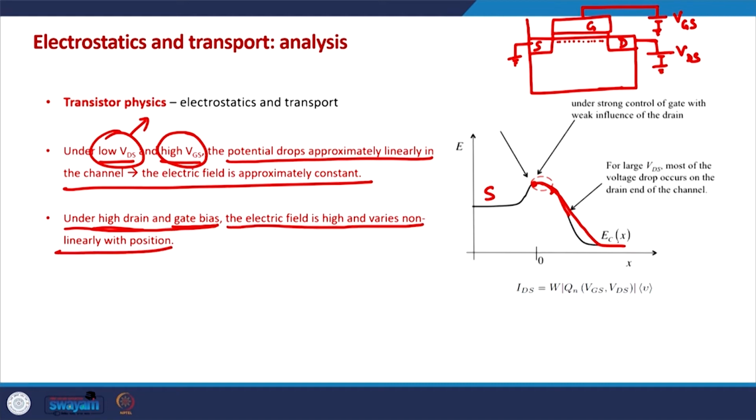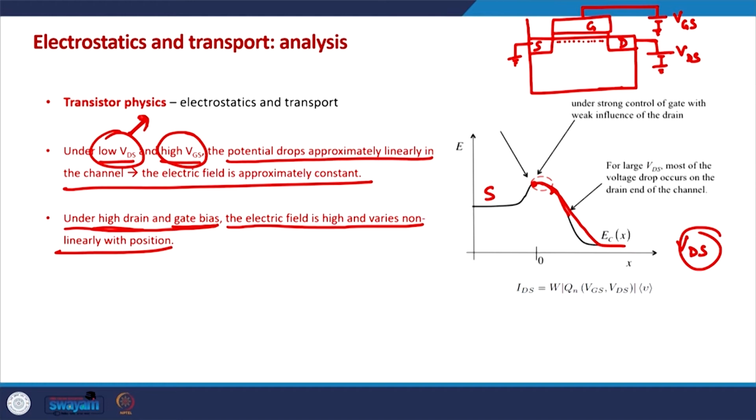So, if VDS is high, if we are applying high voltage on the drain terminal, the electric field in the channel will also be changing non-linearly. This is actually a subject matter of MOSFET electrostatics, which we will study in coming classes, but just to have a qualitative understanding of things, in the linear regime of output characteristics,